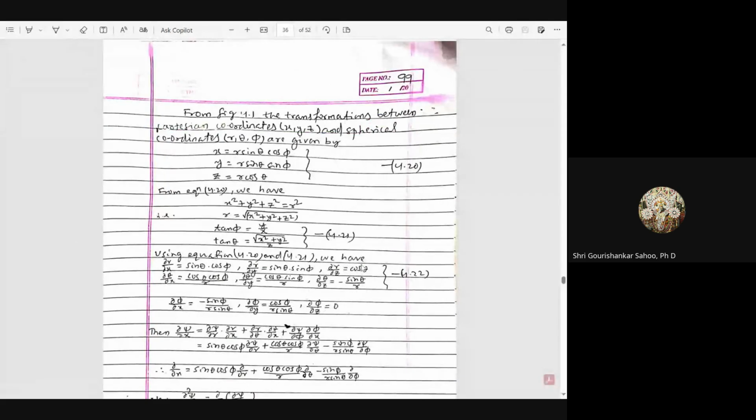The transformation between Cartesian coordinates and spherical coordinates is given by x = r sin θ cos φ, y = r sin θ sin φ, and z = r cos θ. And you have x² + y² + z² = r², so r = √(x² + y² + z²), tan φ = y/x, and tan θ = √(x² + y²)/z. Now by using these equations,